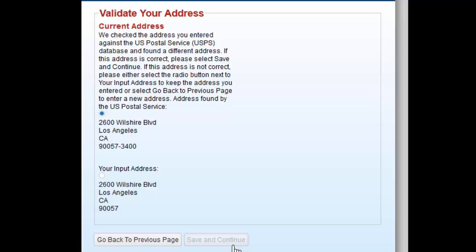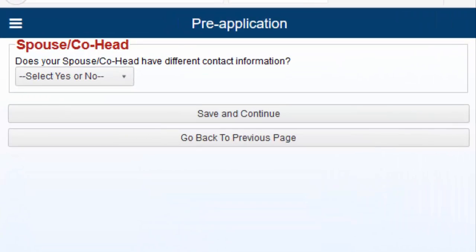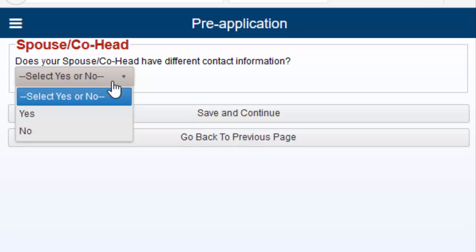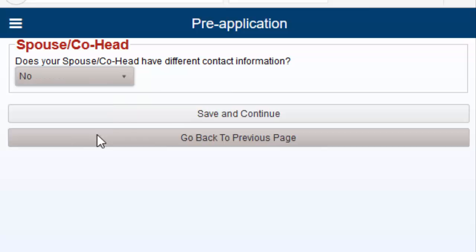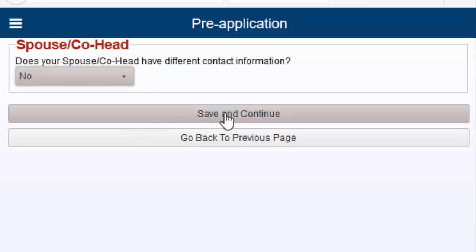If you previously entered information for a spouse or co-head, the next page will ask if the spouse or co-head has different contact information from the head of household. Select the appropriate answer and click the Save and Continue button. If they do, the next page will ask you to enter the spouse or co-head's contact information just as you did for the head of household. If they do not have different contact information from the head of household, you will move to the Household Information screen. On this page,